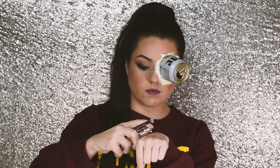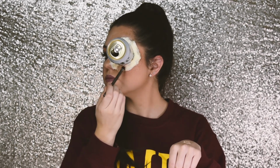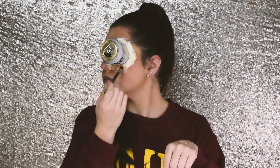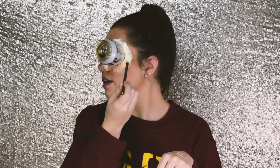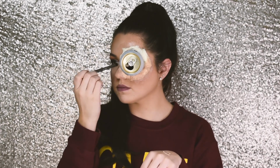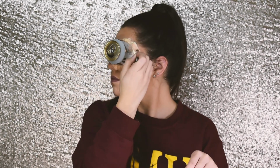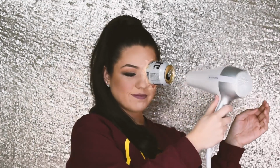Using foundation, I'm just going to pump a little on the back of my hand and, with any brush, just kind of go over that cotton and liquid latex to make it blend into the skin a little more. This is going to make the area look more fleshy after. Trying to get the foundation to dry, I ended up going in with the blow dryer again for about 30